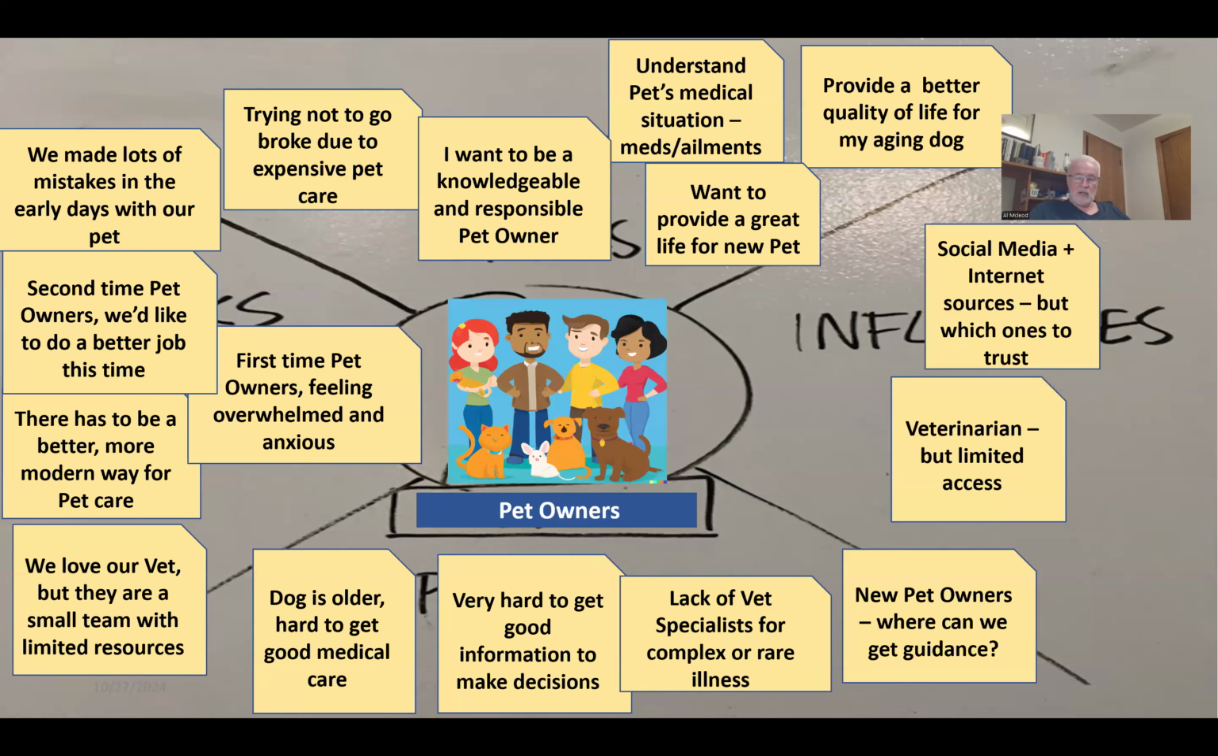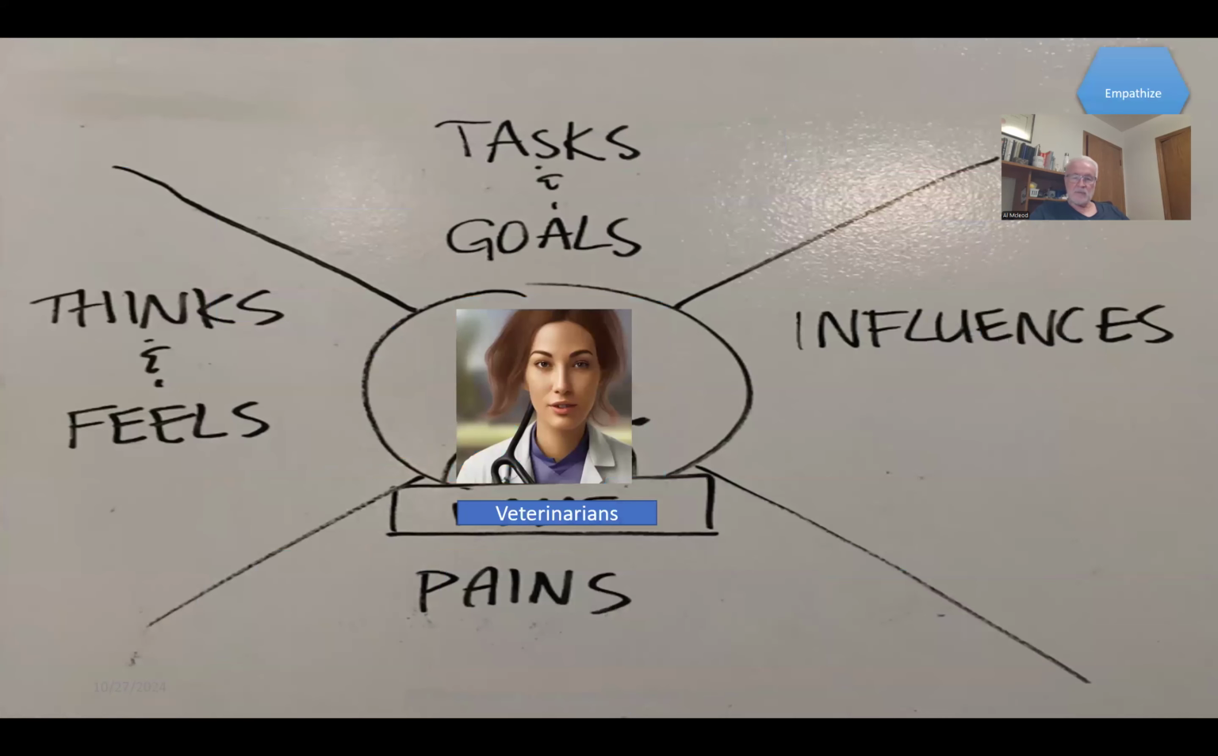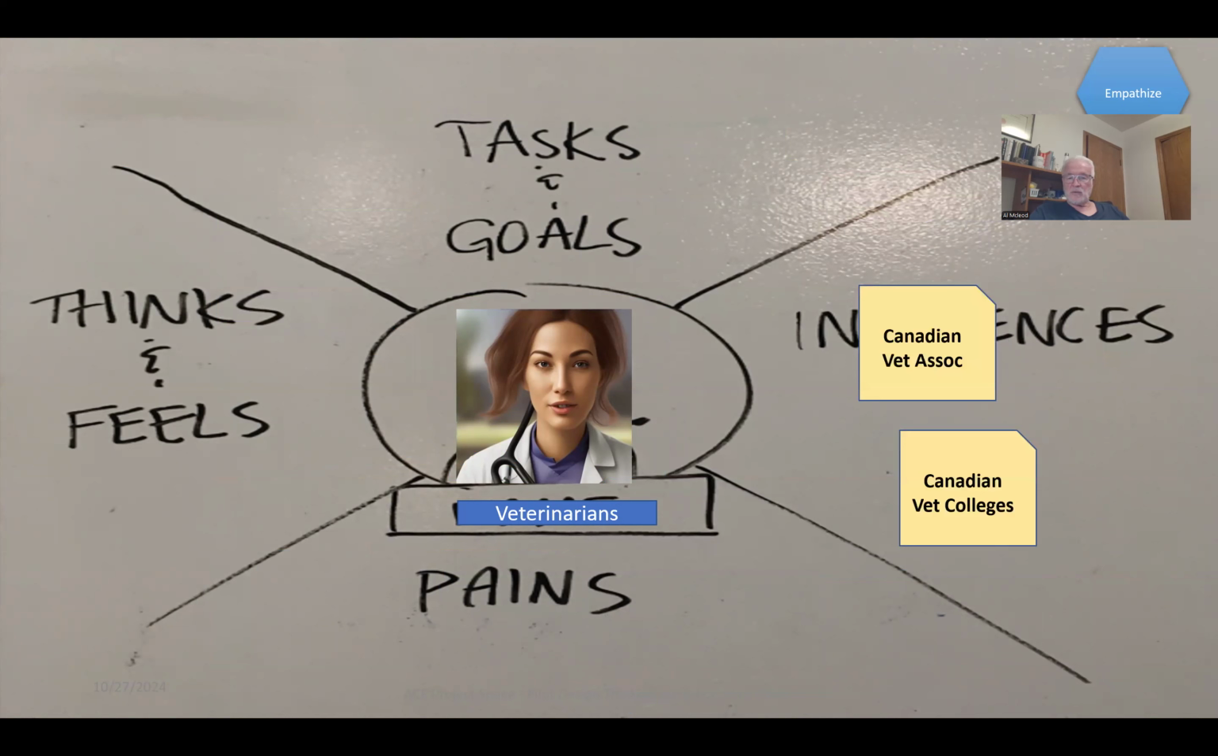And then pain points. A couple of people said their dog's older, it's very hard to get good medical care. People said it's very hard to get good information and make decisions. There's a lack of veterinary specialists for complex or rare issues and illnesses, and new pet owners said, where can we get guidance? Then we talked to veterinarians, and we found out their influences are the Canadian Veterinary Association and the